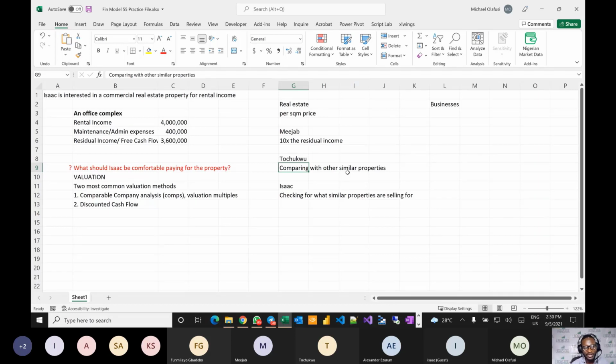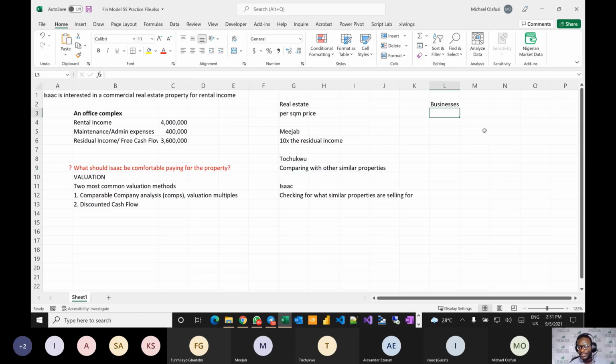So if the person you are speaking to was diligent and he used similar methodology, he's going to tell you that no, this is what the prices are selling for of this kind of property, and that's what I'm going to pay. And most times that's what you two will collect, because if everybody is very diligent in what they are doing, everybody's going to come up with the same going rates. Okay.